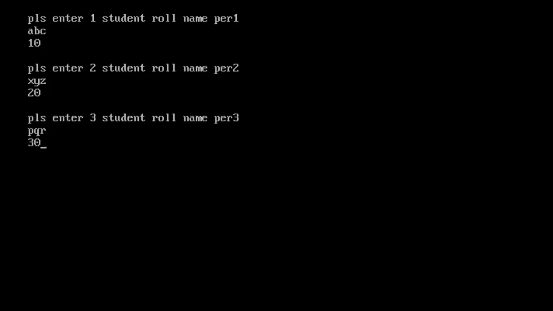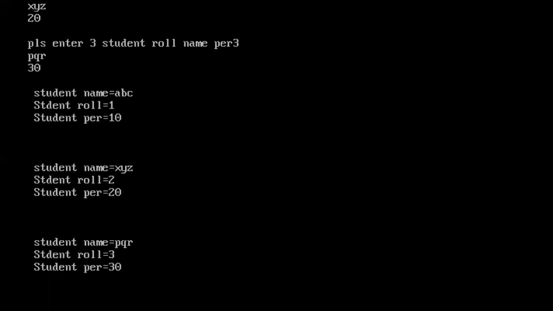When you press enter here, we will go for the second for loop. That second for loop also will iterate 3 times. When it is iterating 3 times, the printf function will also iterate 3 times and it will print all the 3 students' data. So now I am pressing enter. You see, first student name equal to ABC, roll number equal to 1, and student percentage is 10. That is about the first student.